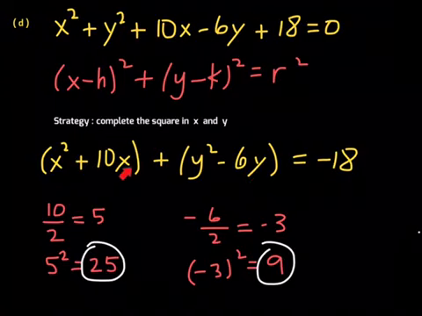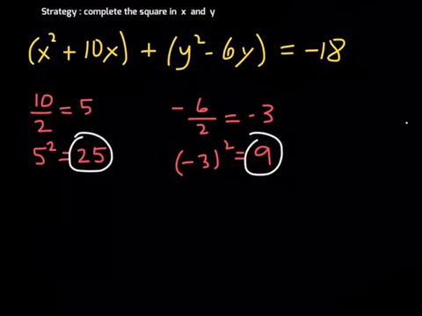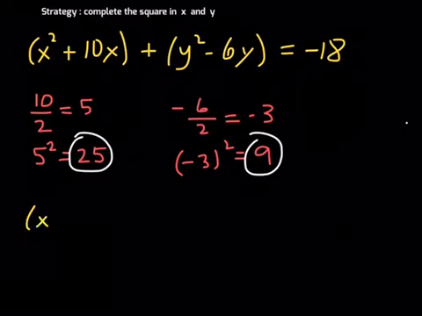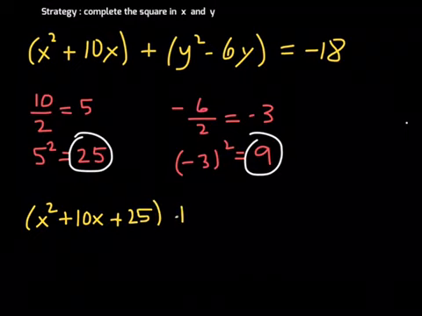So you're going to add a 25 right here and add a 9 right there. So then you would have x squared plus 10x plus 25 plus y squared minus 6y plus 9